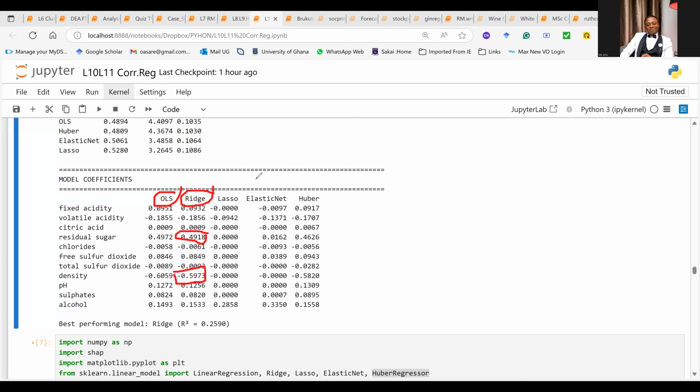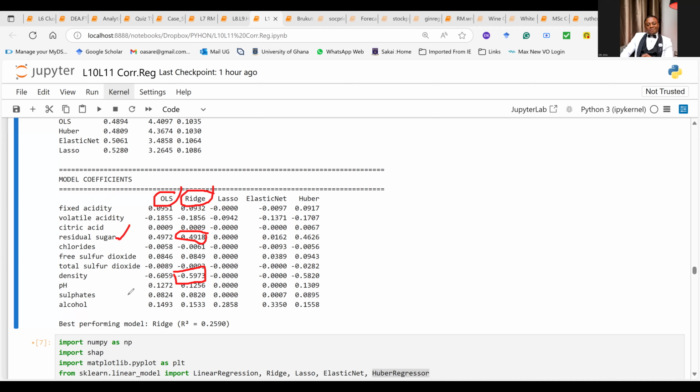If you don't understand, you can raise your hand, we explain it to you. It's the one that greatly influences. But in negative terms, it is density. Density will reduce the quality of wine, so if the density is high, the quality is reduced. And it is reduced by a huge margin. So take note of these factors, and keep those two factors in mind because they will show up when we come to the proper evaluation metrics.